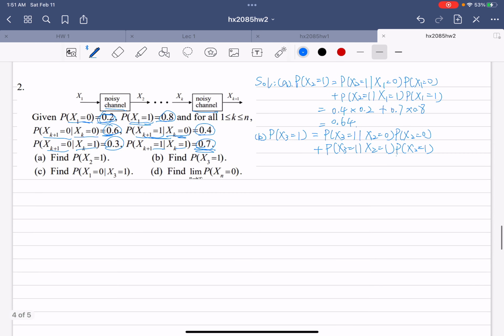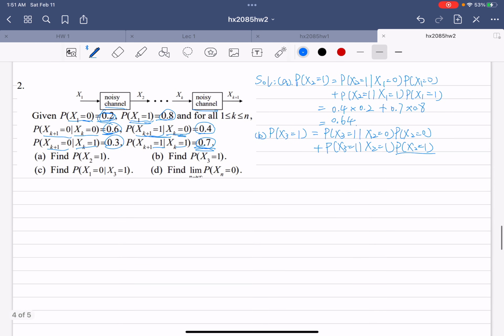The probabilities of x2 equals 0 and x2 equals 1 are already calculated in the first part,